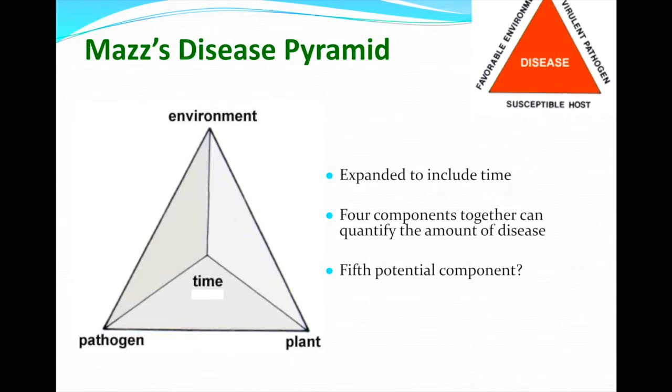So time of the year, season is a factor, and also when we're putting out plants in terms of their age and their ability to tolerate certain environmental conditions and even biotic conditions that might come into play. So time is a fourth component that needs to be considered very heavily here.